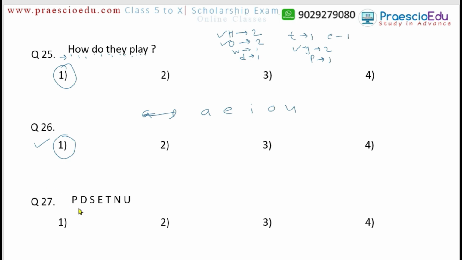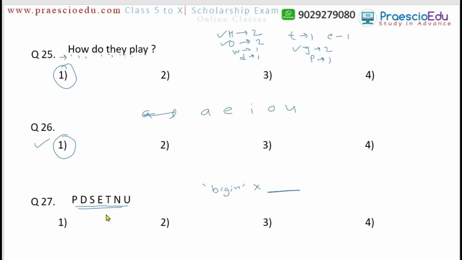From question 27, from the group of letters mentioned here, form a word of three letters whose antonym is the word begin. The word begin, the opposite of beginning. Okay, so we have to find this word. Before that, we have to look at these letters. So begin, opposite of begin.